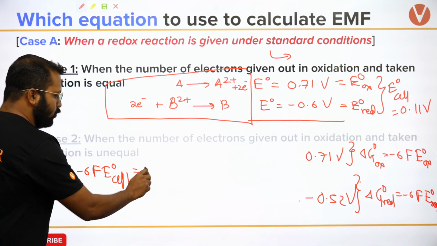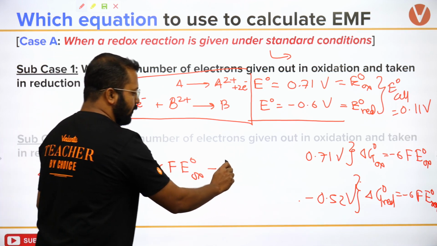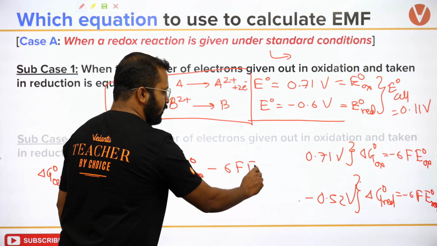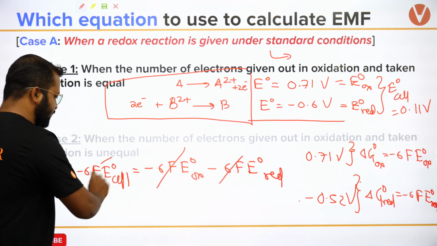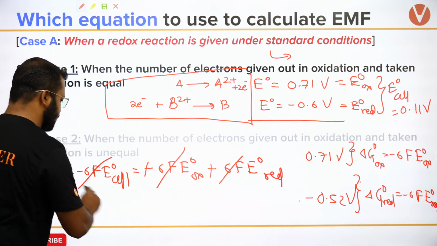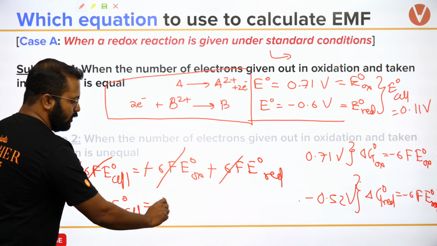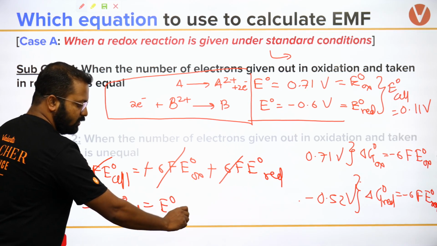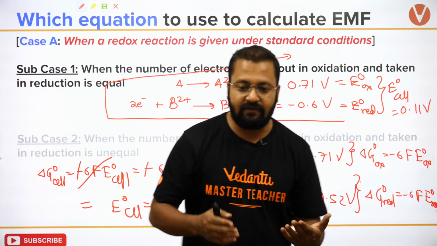Which will be equal to minus 6 F E naught of oxidation minus 6 F E naught of reduction. 6F, 6F, 6F gets cancelled. This minus minus हटा देते हैं. क्या बन गया आपके पास? E naught cell is equal to E naught of oxidation plus E naught of reduction. So whether the number of electrons given